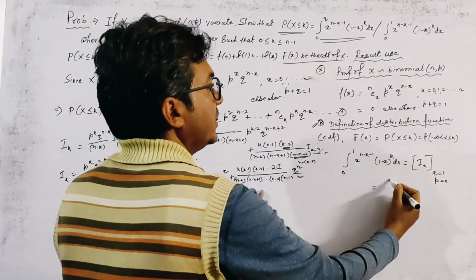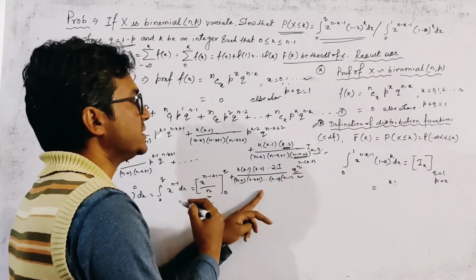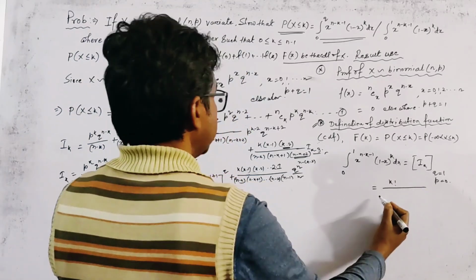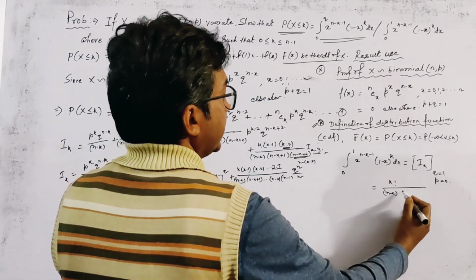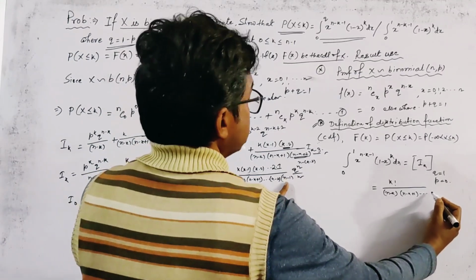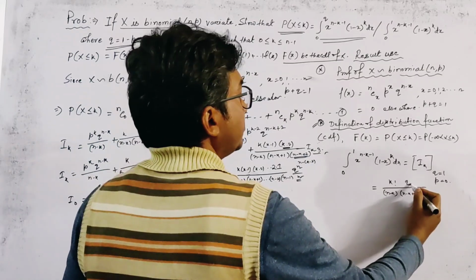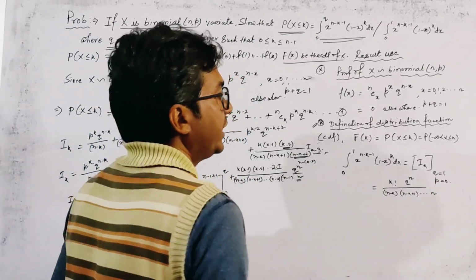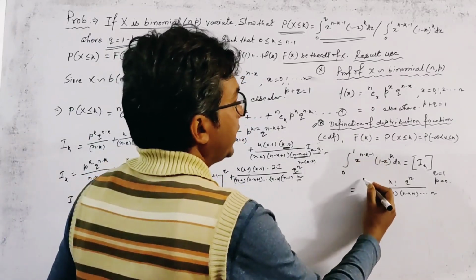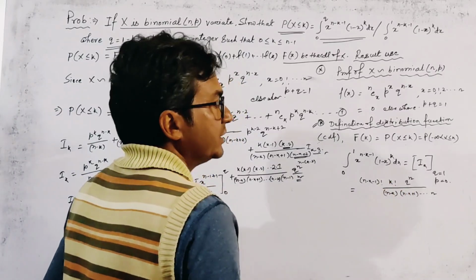k factorial, because this is 1, 2, 3 to k multiplication, and the lower term is given by, n minus k plus 1 to n, the last term is n we get, and here another term is q to the power n. Okay, and if we multiply numerator and denominator by n minus k minus 1 factorial, then